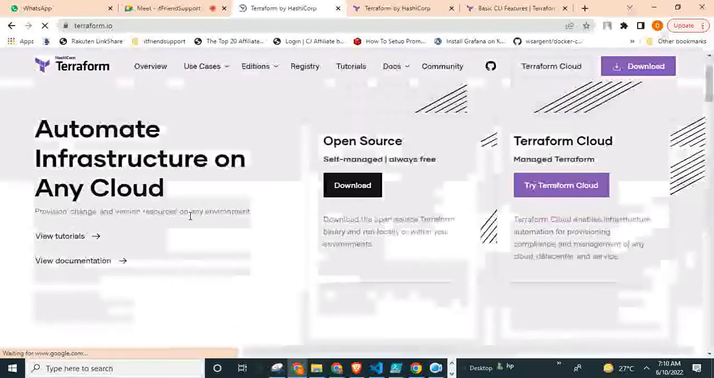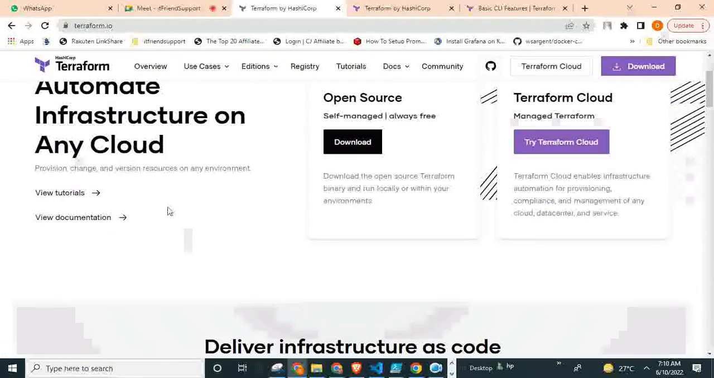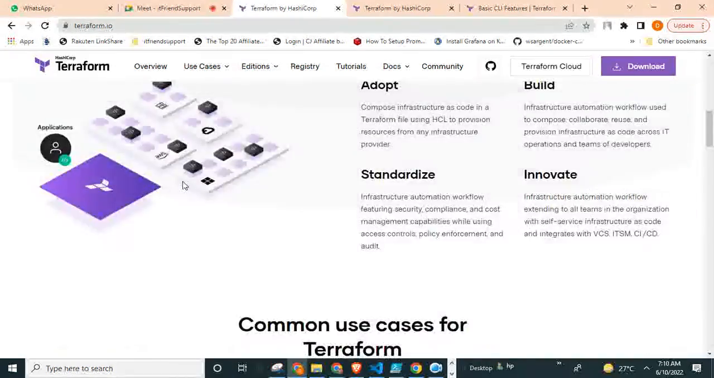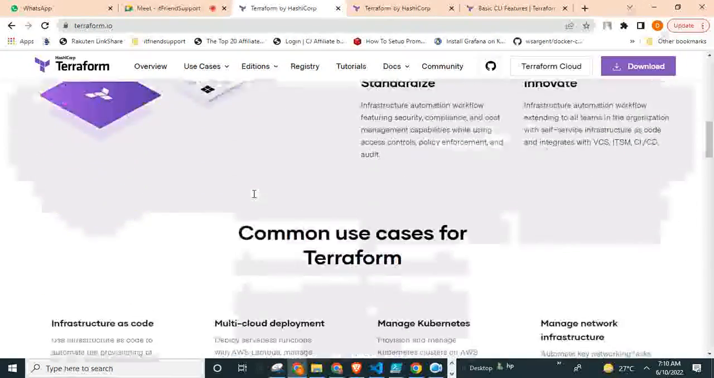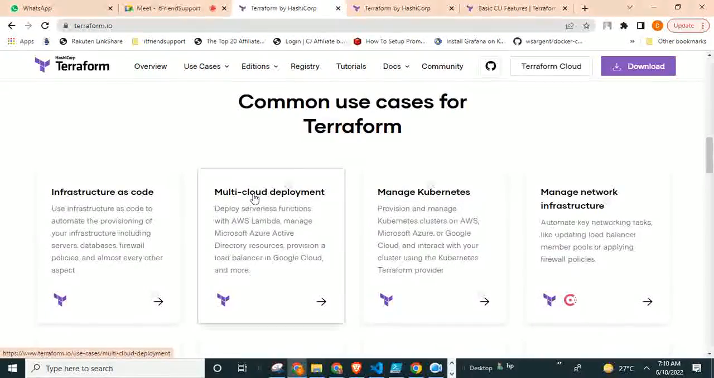First lesson: automate infrastructure on any cloud. Open source means, if you search there, it will give what is open source. Infrastructure as code, multi-cloud deployment. So multi-cloud means